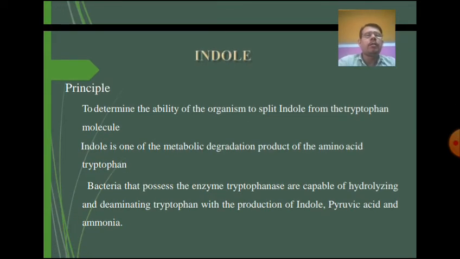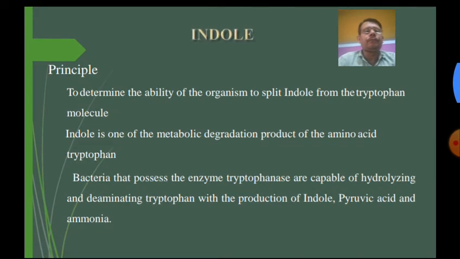First of all, the indole. Indole is a group of chemical compounds which contain a benzene ring fused with a five-membered ring, along with the benzene six-membered ring. Indole is present in the amino acid tryptophan, and tryptophan is produced by some organisms and not produced by others. So you can identify the organism based on tryptophan production.